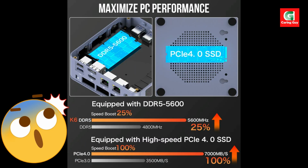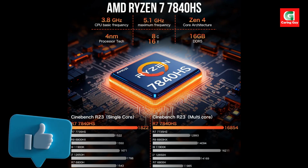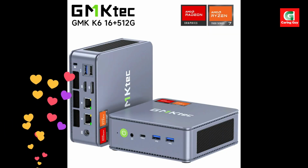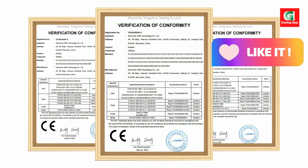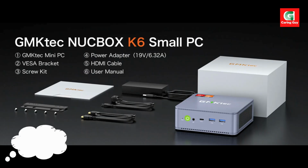Product dimensions and weight. Size: 128.8 by 127 by 47.8 mm. Weight: 520 gram. Included in the box: 1 GMKtec K6 Mini PC, 1 EU standard charger, 1 back bracket, 1